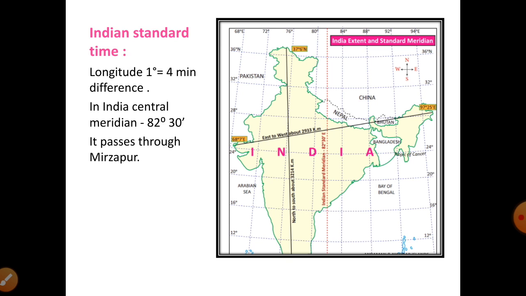Next is Indian Standard Time. Students, you know many countries have different time. Do you know how the time can be calculated? Already you studied about latitude and longitude in your previous class. The time is calculated by the longitudes which pass in that country. Based on the longitude degrees, the time will be calculated. Here, a difference of 1 degree longitude will make 4 minutes difference. See the map.